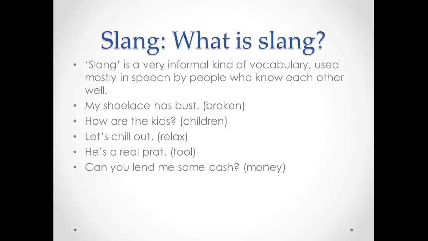people. So slang is a very informal kind of vocabulary, and it is used mostly in speech by people who know each other well, जो एक दूसरे को बहुत अच्छी तरह जानते हैं। मतलब अबे यार क्या हो रहा है, अबे कहाँ जा रहा है, तो ये अबे हो गया, या तेरे पास क्या है, इस तरह की जो लैंग्वेज होती है वो जो है स्लैंग कहलाती है, और इस तरह की लैंग्वेज से हमें बचना चाहिए।